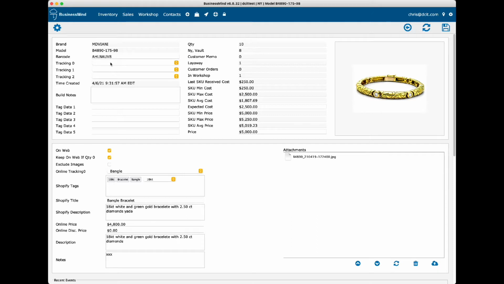Today we're going to tackle a common question. How do you populate the tracking 0, 1, and 2 fields found on the models which flow to your SKUs? Okay, so you're tracking data for your models to your SKUs. So here is a model that I have open, and you can see that we have no data in these